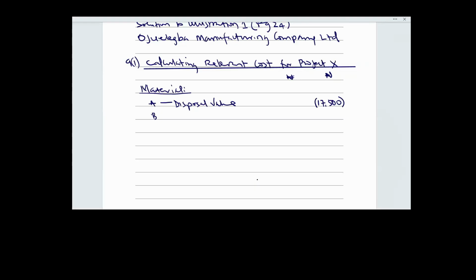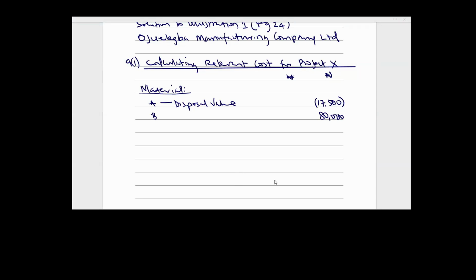Material B, 80,000. It's a cost. So that's that. Then after material, let's move on. What's the next one? The second paragraph under the additional information, you are told that direct labor cost of 60,000